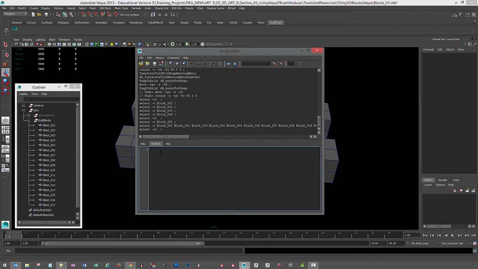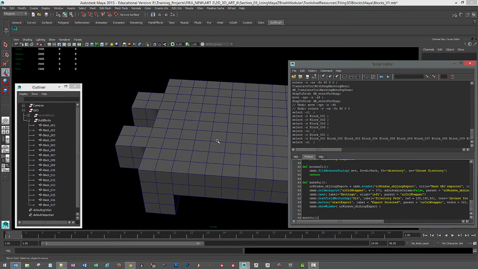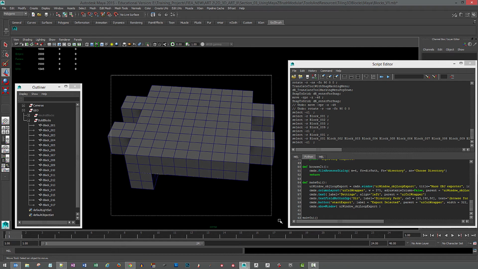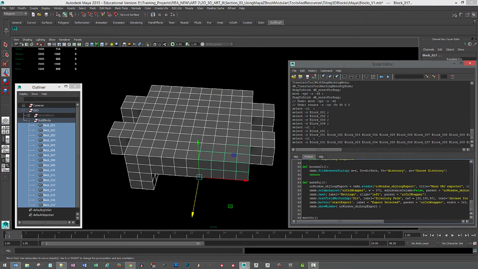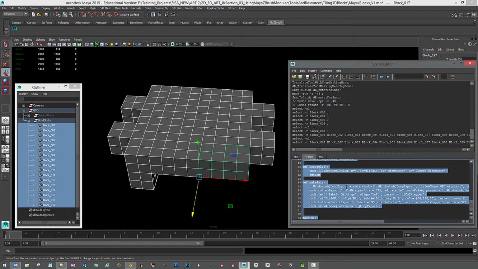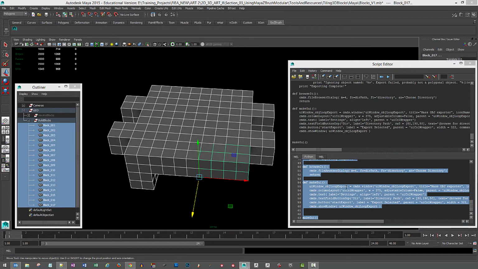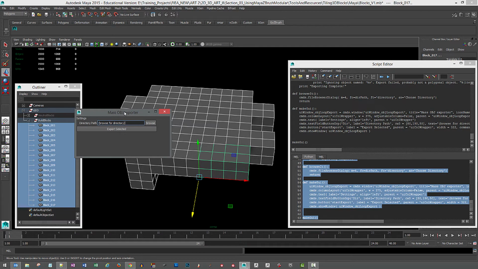And then you can just paste this thing in here. And then once you select all your different pieces like this, you can select all your text, Control A to select all, and then Control Enter to run this thing. So once you do that, it's going to pull up this dialog box where you can actually browse for a directory that you want to export all your pieces to, and then just say export selected into that directory,